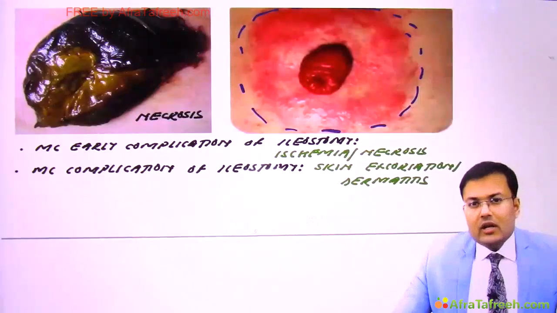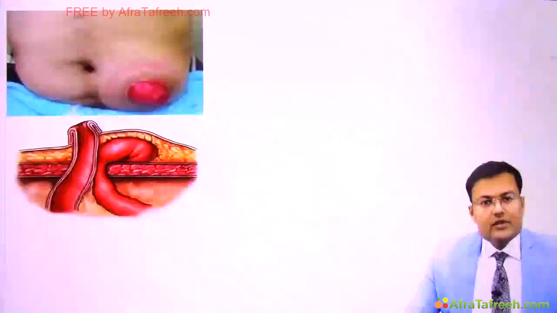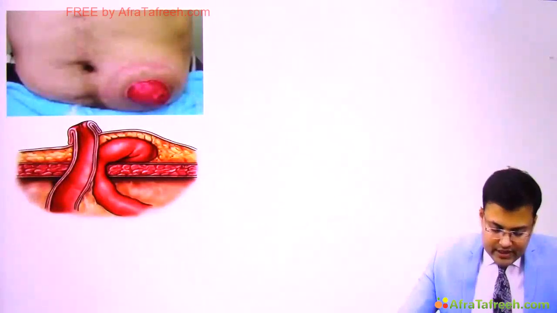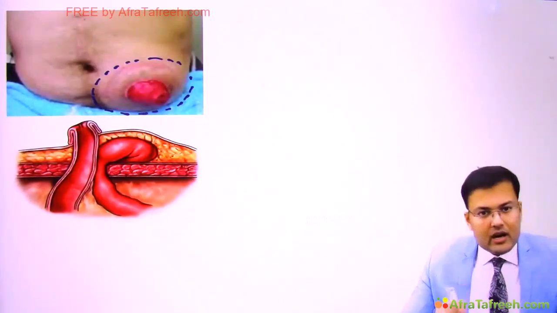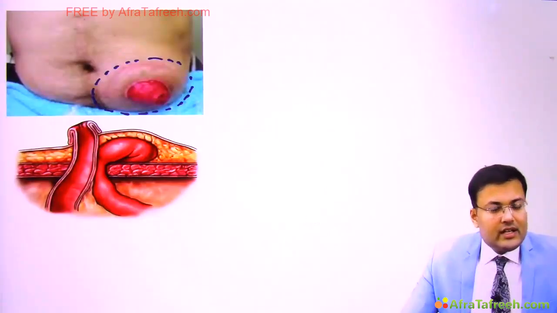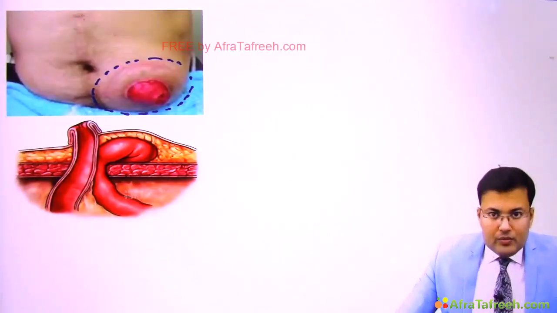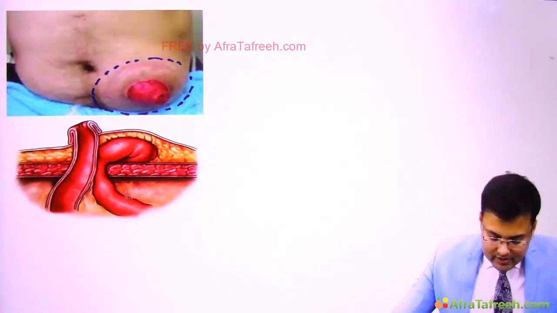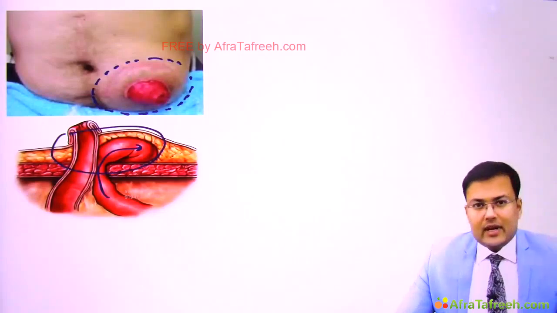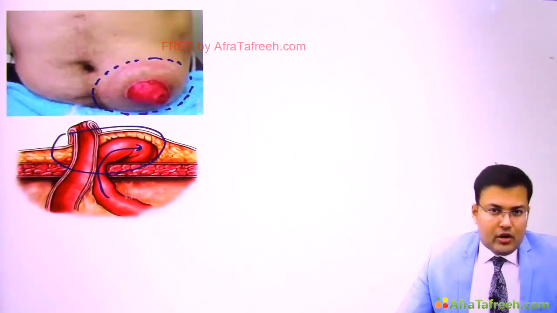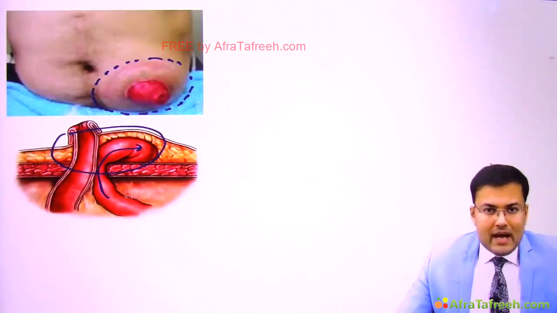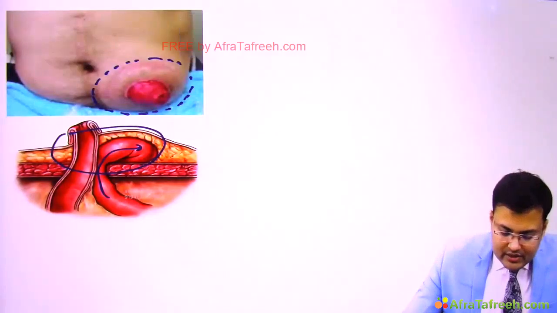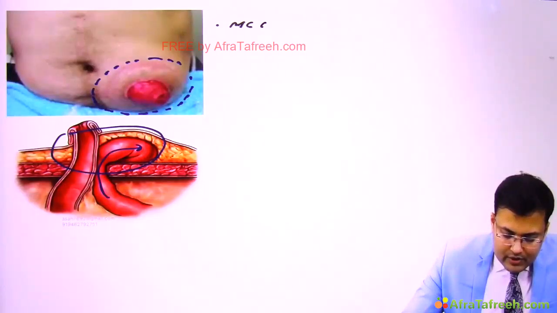Now see the one-liner questions related to colostomy. First, tell me what is the name of this complication. Can you see in this parastomal region, parastomal means around stoma, what happens? You can notice there is herniation of bowel. So this is known as parastomal hernia. If you are talking about end colostomy or loop colostomy, in both of these the most common complication is parastomal hernia.